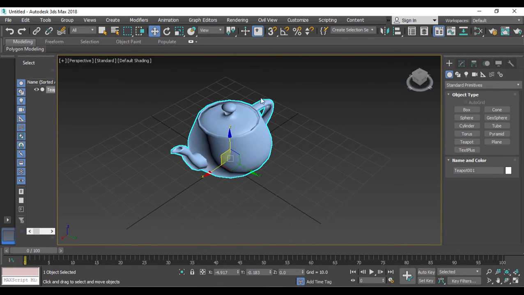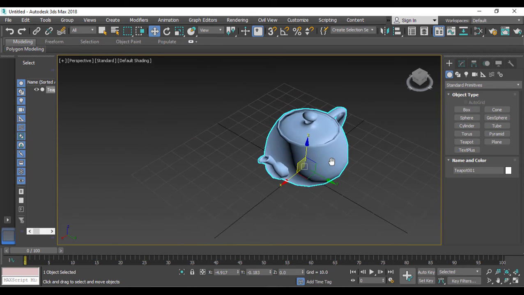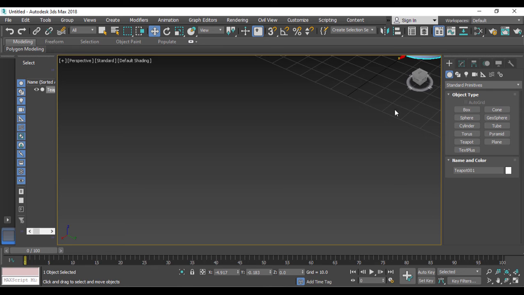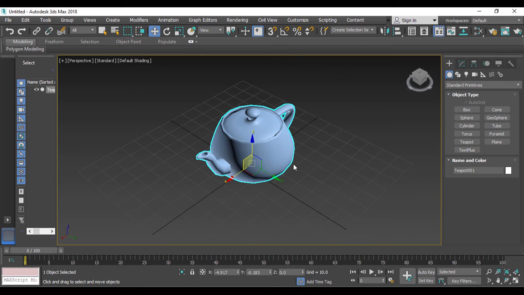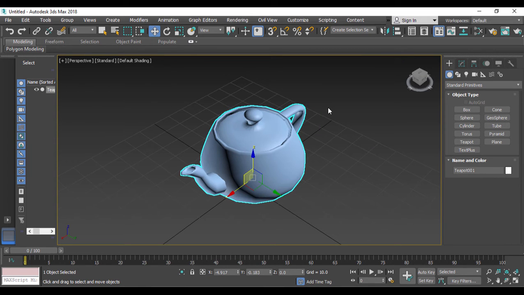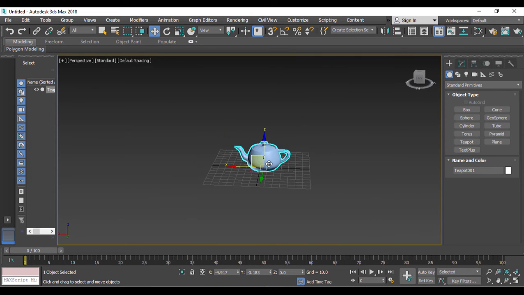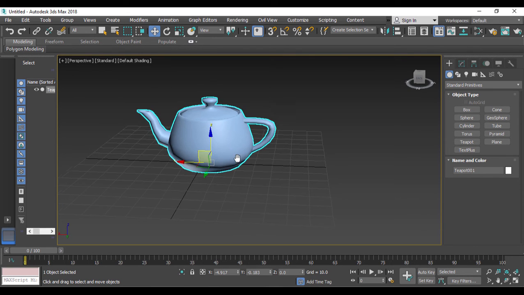If you want to pan, just middle mouse click and hold and pan. It brings up the hand tool, so click and pan. If it goes away from your view, just click and drag and it will come back into the frame. If it has gone somewhere else in this 3D world and is out of your control, press Z to focus on that object. To zoom in and zoom out, scroll the mouse wheel. If I scroll down, it zooms out, and if I scroll in, it zooms in